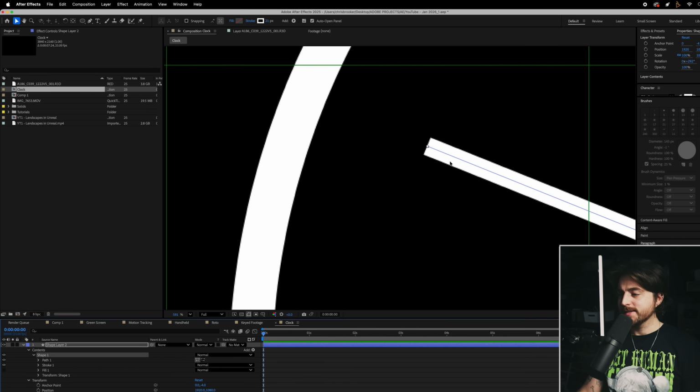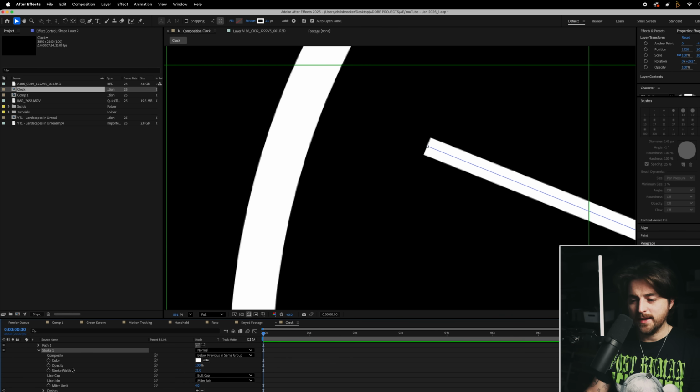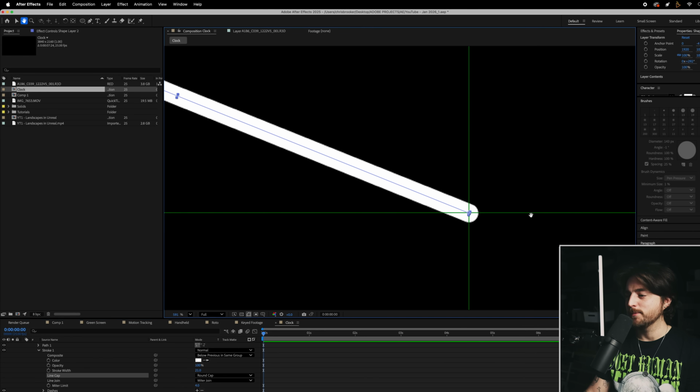Now from here, I want these hands to be rounded at the end rather than this harsh 90-degree straight edge. So we're going to go into that shape layer. We'll go into the stroke, and then in the line cap, we want to change this from a butt cap into a round cap. And that is how that is going to look. As you can see, they're both rounded off. And if we zoom out,